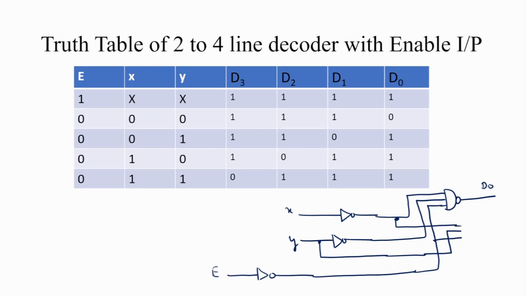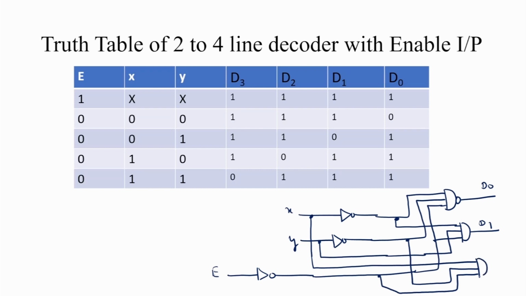This is taken from here, this represents D1, means D1 is equal to 0. Similarly, the third case: x is taken from here, y complement is taken from here, and E complement is taken from here, and we use a NAND gate here. This represents D2, and similarly for D3,